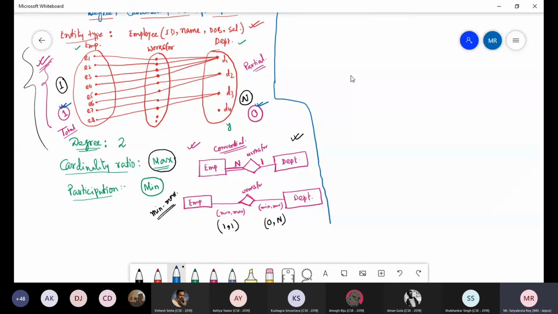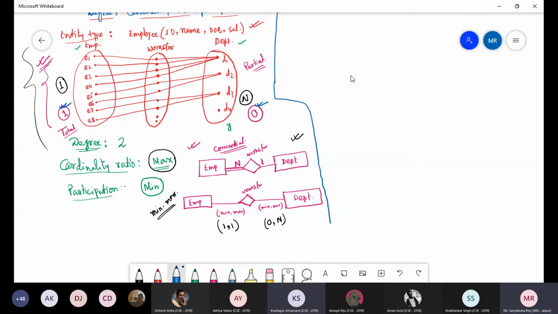You need not show it in the conventional ER diagram. How to show it? To show the total participation, you should use a double line from the entity to the relationship type. And for partial participation, you just use one line from that entity to the relationship.